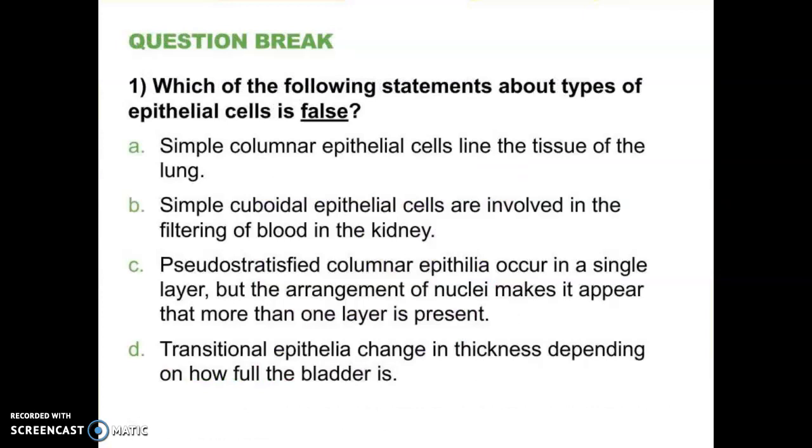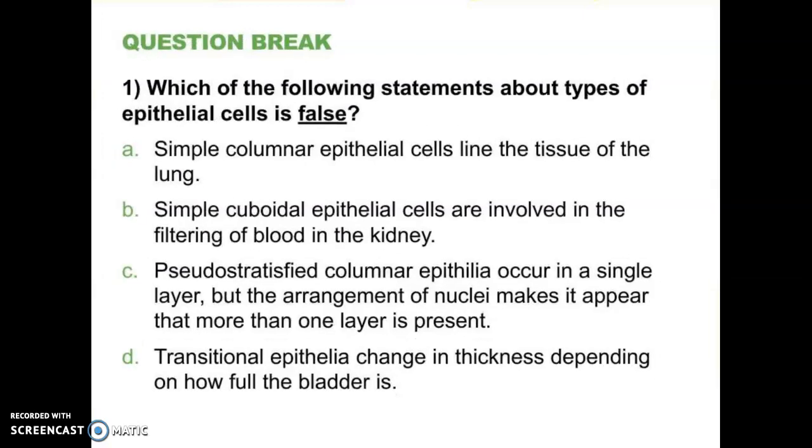This is a little quiz yourself. Pause this and answer the question. Which of the following statements about types of epithelial cells is false? So take a little pause here. And the answer is